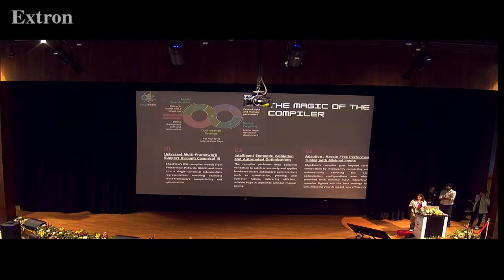What does our compiler actually do, and what are all the abstractions that our DSL provides? Our DSL provides universal multi-framework support through canonical IR. It takes inputs from various model frameworks like TensorFlow, PyTorch, ONNX, and transforms that into a single canonical intermediate representation, enabling seamless optimization. Next, it does semantic validation and optimization.